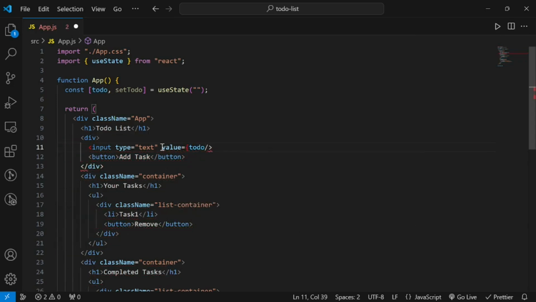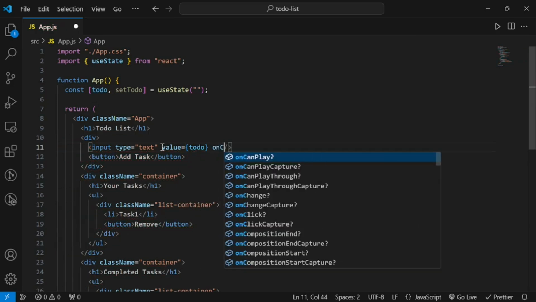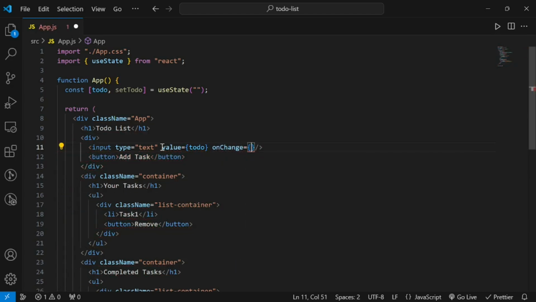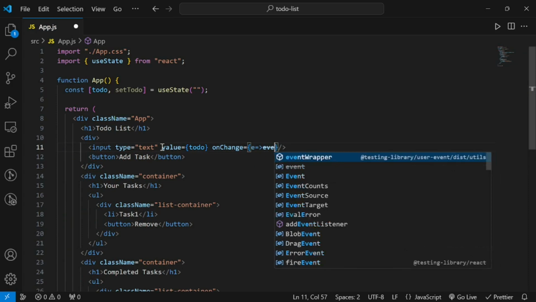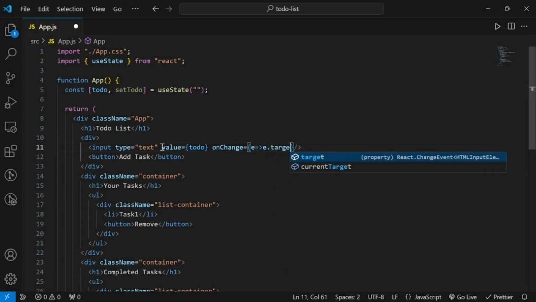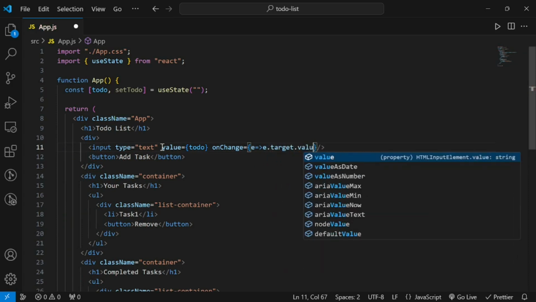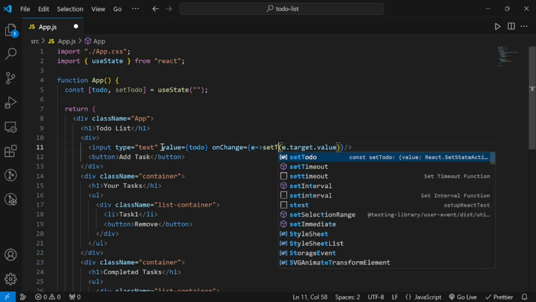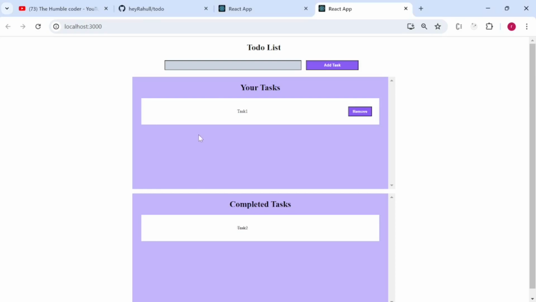Okay, and I'm going to do an onChange event handler. Basically anything that changes in the input should be reflected in this todo state. So e means event: e.target.value, and this should be updated in my state, which is todo. So setTodo. If I'm typing something, it should update, and when I click on add task, it will be added